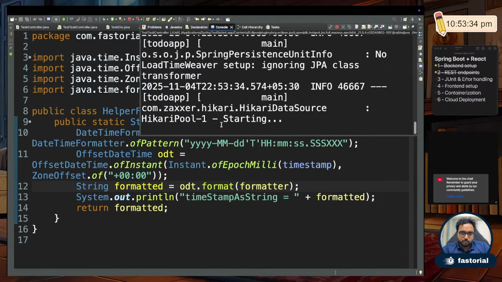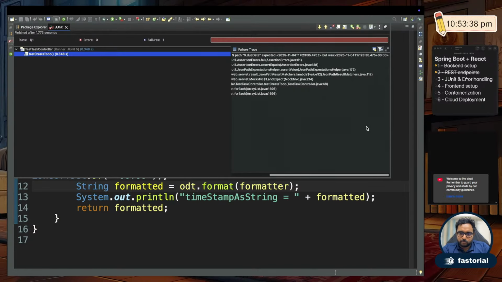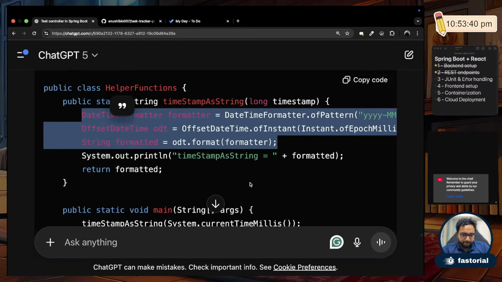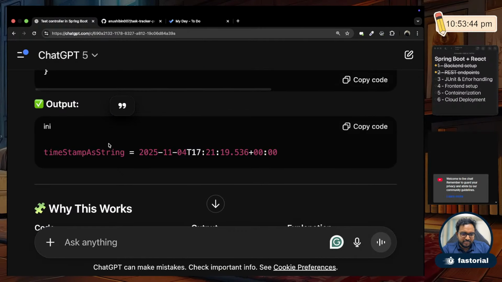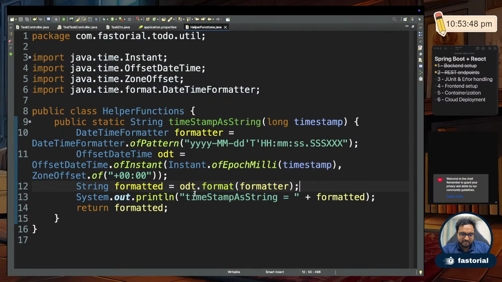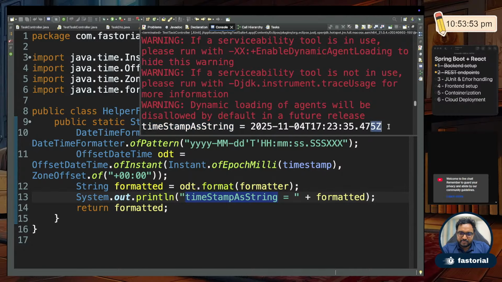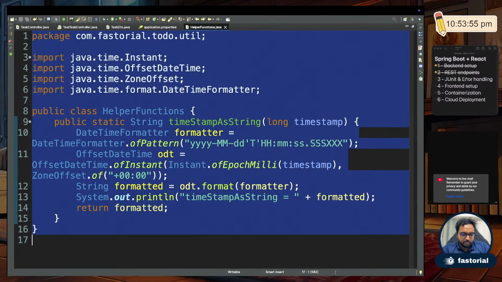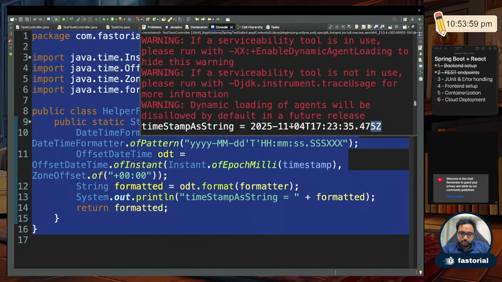Why is this so complicated? I thought this was supposed to be simple. No, my God. No, it's saying that it will print plus 0 0. No, it is not printing plus 0 0. Control F, V. See, it's printing with Z again. So what is wrong with you? Let me just